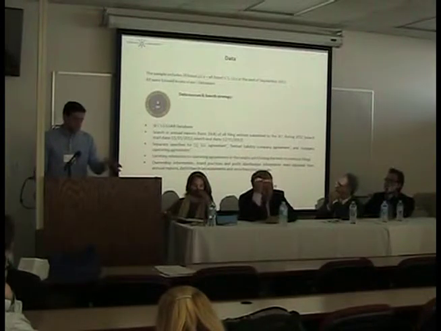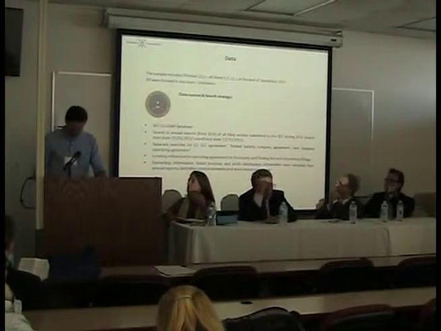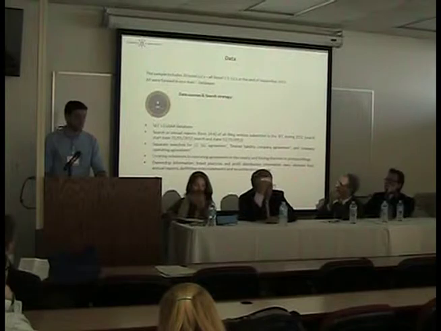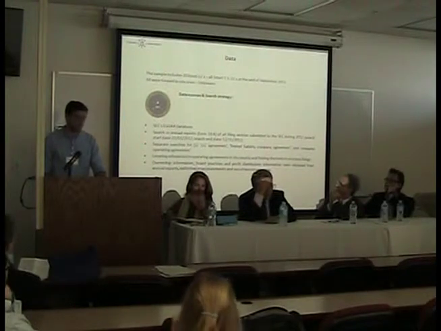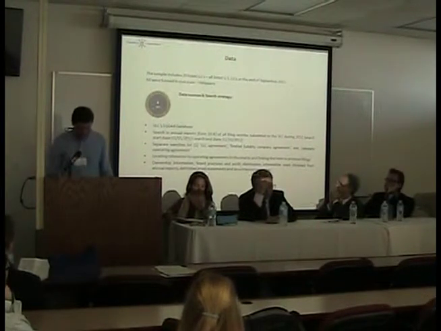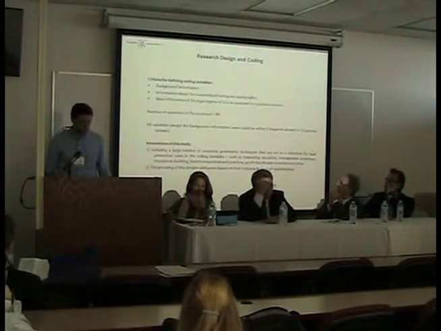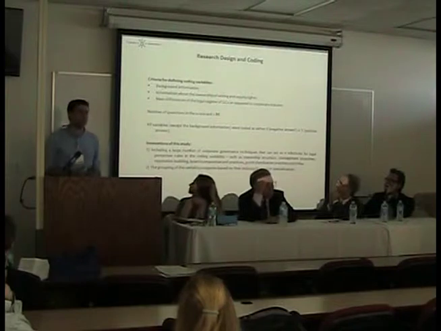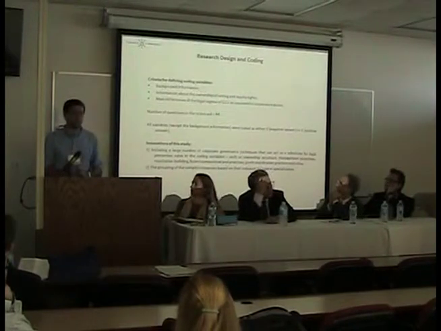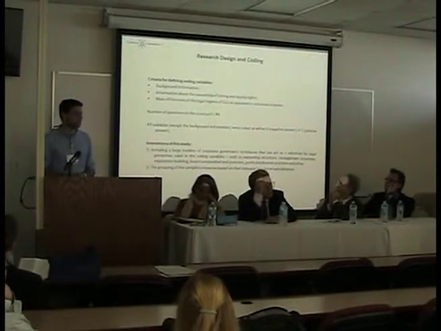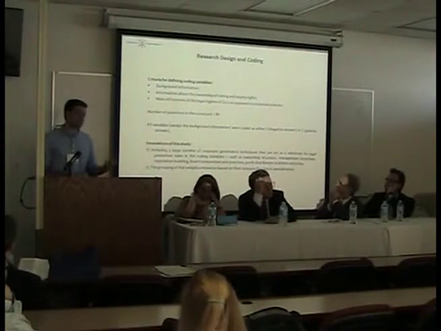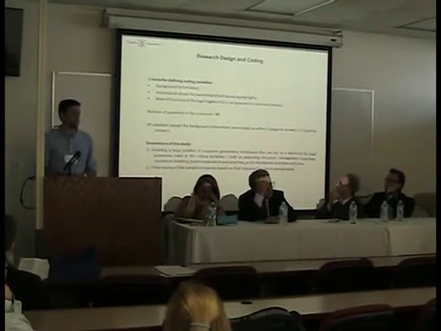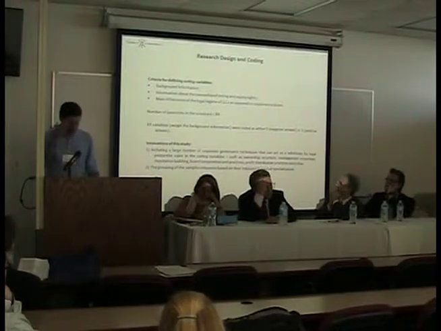In this presentation, I'm focusing only on listed companies, listed LLCs. The rest of the data on ownership, board practices, and board composition also comes mostly from reports filed by these companies with the SEC. Several words about my coding criteria, how I define them. I can divide them into three main groups. The first group is background information, which is the name of a company, state of formation, and principal place of business.